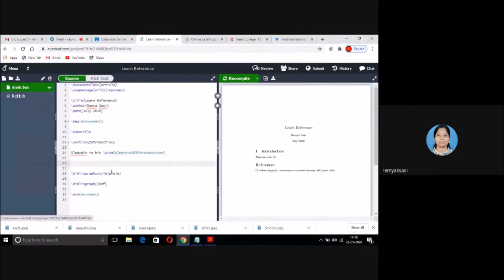Now there is another reference, Brunton. Use that with \cite. It is coming. The second option is also showing. Compile.